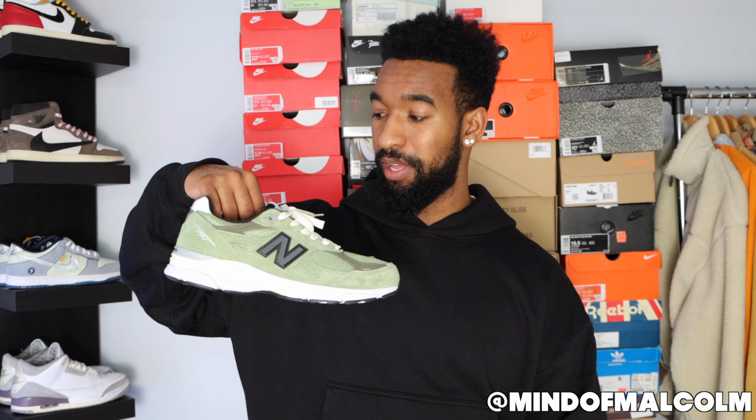For this next collaborator, it seems every time they release a collaboration with a brand, it always goes nuclear in terms of price. So I'm glad I was able to pick up something for retail. And this is my first pickup from the brand just in general. Canadian-based brand by the name of JJJJound, stemming out of Montreal, on a New Balance 990 V3 in this sick